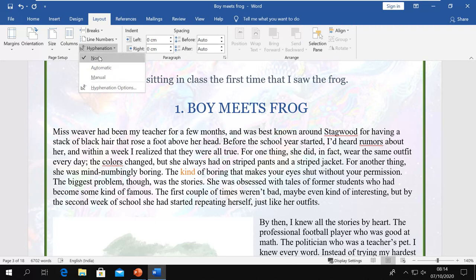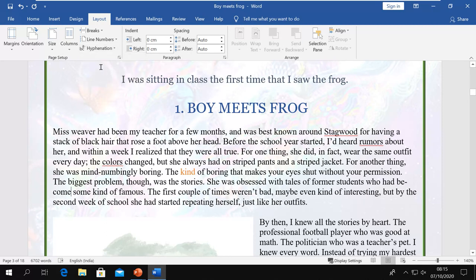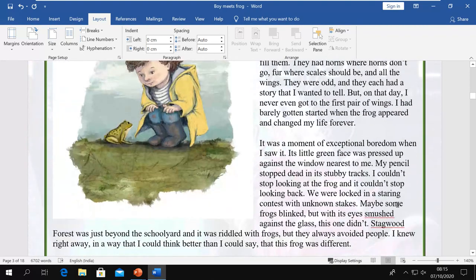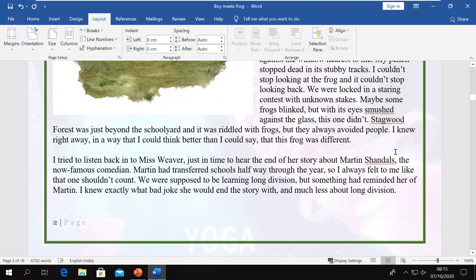If I click it, it says none. We can set it to auto. It will check the document and add those hyphenations where it is required. And you can see now here "be" is here and "come" is there with this hyphenation. And also in any other place, it will add the same thing where it is required.